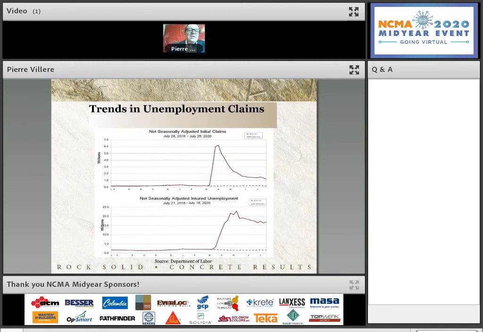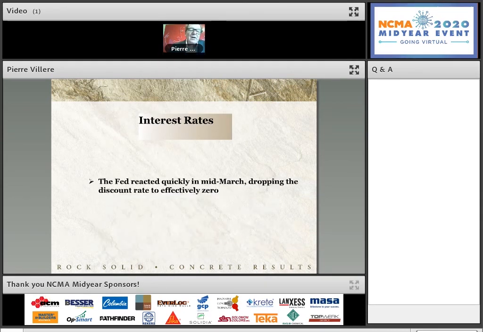Okay, this is just a quick graph to show you trends in unemployment claims. This can't come as any surprise to anybody. These are seasonally adjusted initial claims. Big spike here in April. And then these are not seasonally adjusted claims. And again, big spike here in April and into the month of May. And we're seeing a fall off here, certainly down from its peak, but well beyond the last record of 695,000